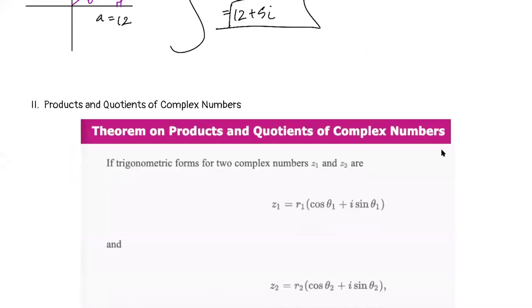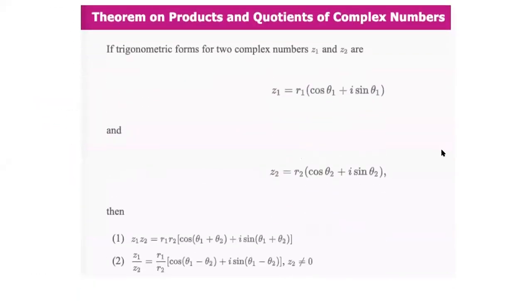All right, let's try this again. Okay, so we've got two complex numbers. The first one we're going to call Z1, and that is R1 cis theta 1. And then we have another one that we're going to call Z2, which is R2 cosine theta 2 plus i sine theta 2. Now, if you want to take